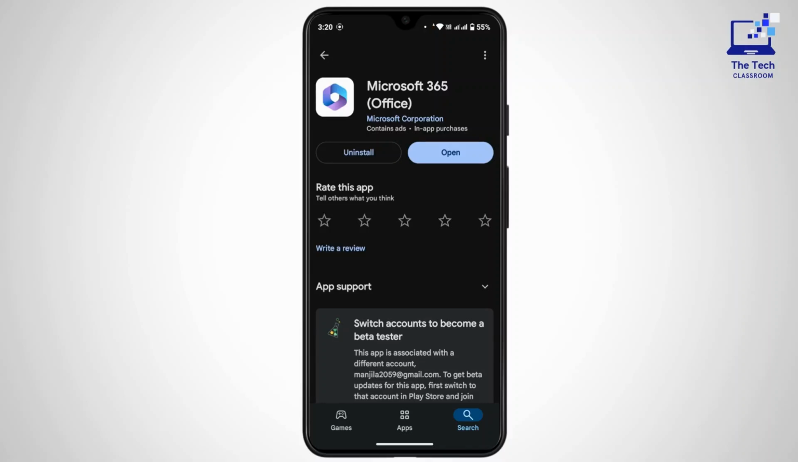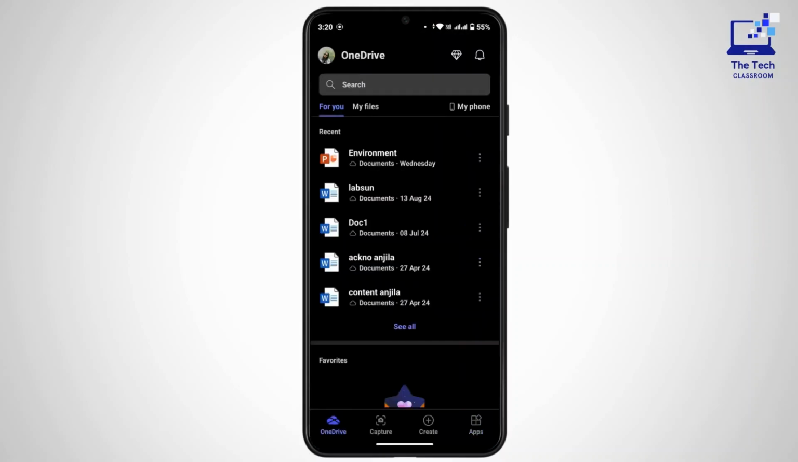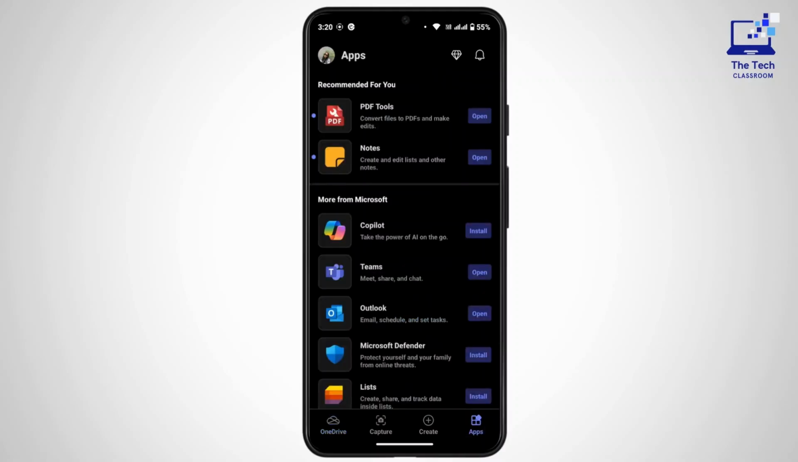Once the installation is complete, you can open the application and it's going to ask you to log in with your Microsoft account. So log in to your Microsoft account. Once you have logged in, and if you see this interface, navigate to the bottom right corner and tap on the apps icon. Here in the first section that says recommended for you, tap on PDF tools and then tap on